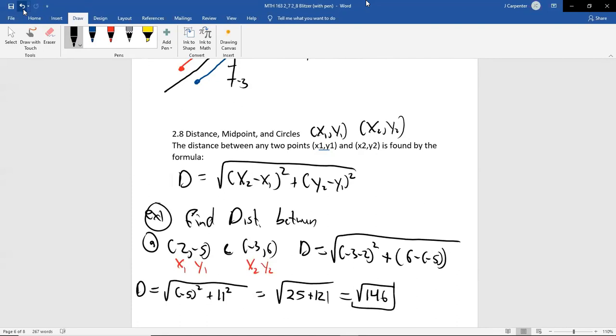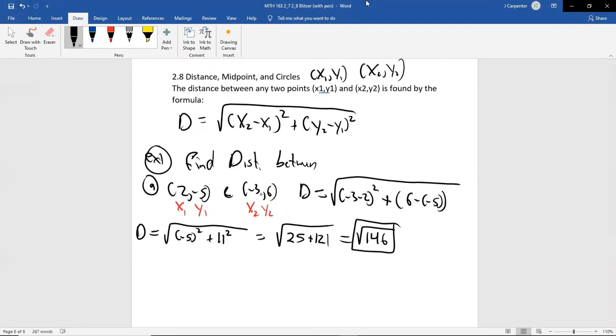In the interest of time, I will tell you there is no way to break that one up. You don't know the square root of 146, and there's no way to factorize that number and have a square root of one of the factors. A nice trick is try dividing these numbers by numbers you know a square root of, like 4, 9, 16, 25, 36, 49, 64, 81, 100, 121, 144, 169. That's how you can really quickly tell if you can simplify a square root.